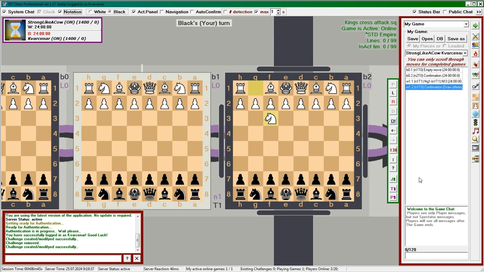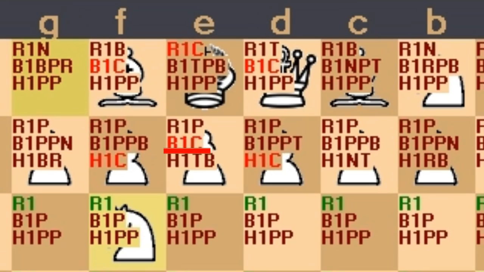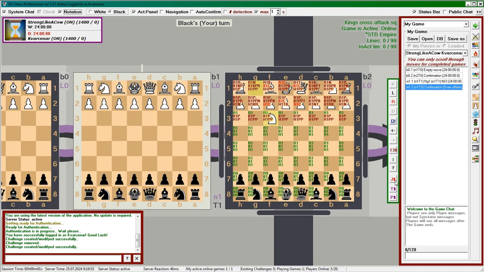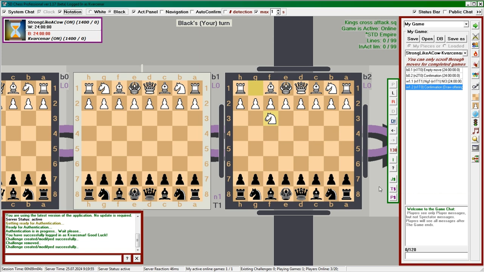The first of these buttons is Jurassic Squares. By enabling this option, you will see from which square and how far the rook, bishop, and archbishop can travel back in time and which opponent's piece they might encounter on their way. We will look at an example a bit later.